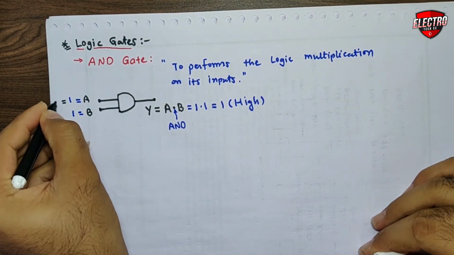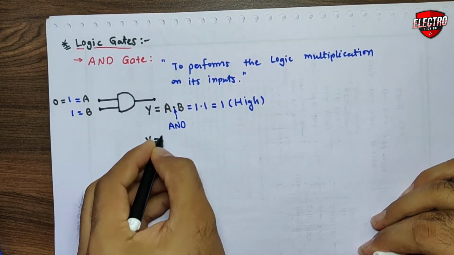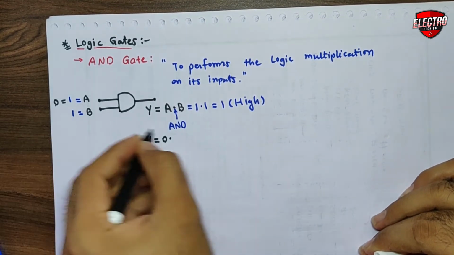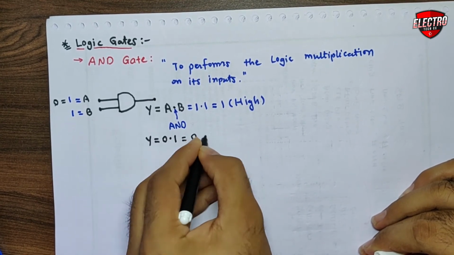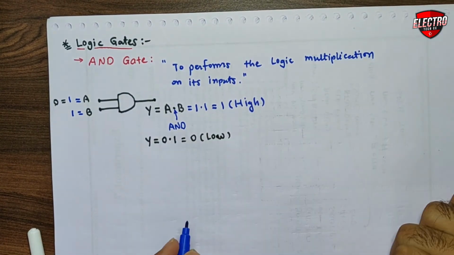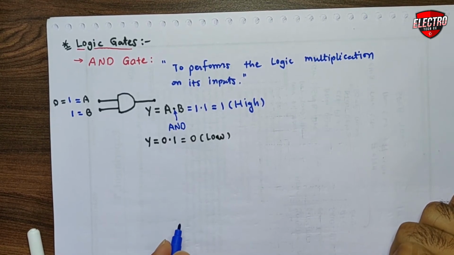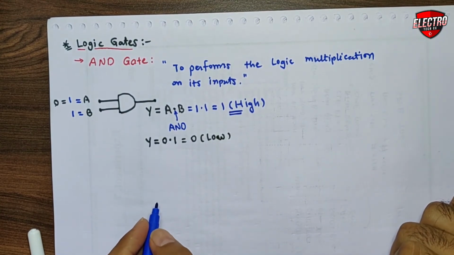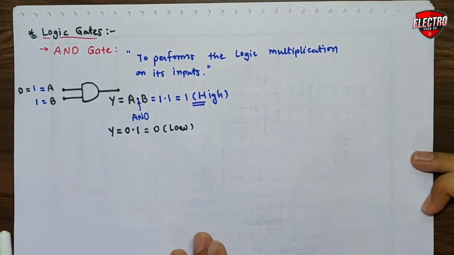For example, if we have A equal to 0 and B equal to 1, then Y is equal to A dot B, that is 0 into 1, which gives 0. That is low logic. Clear? If all the inputs to the AND gate are high, then and only then we get output high. If any one input signal is low, then we get output low. Clear? So let's make a truth table